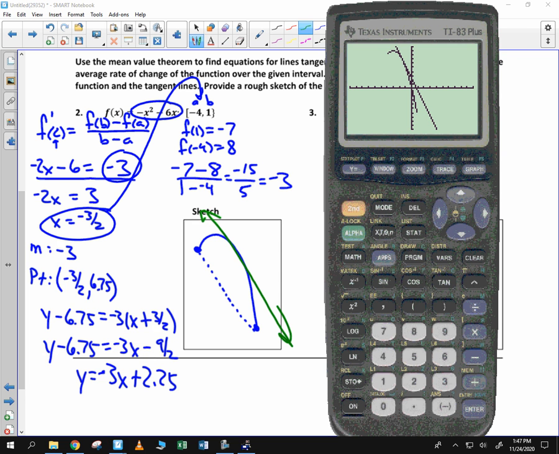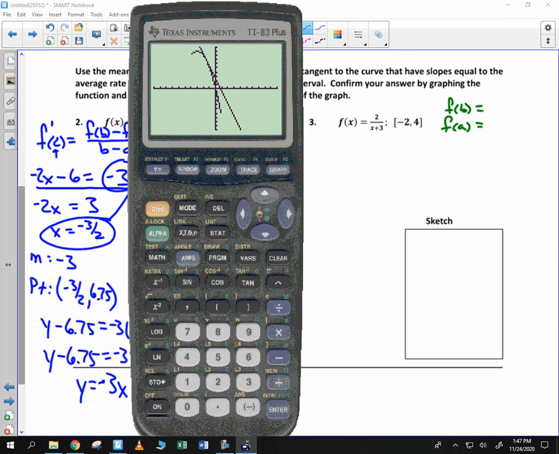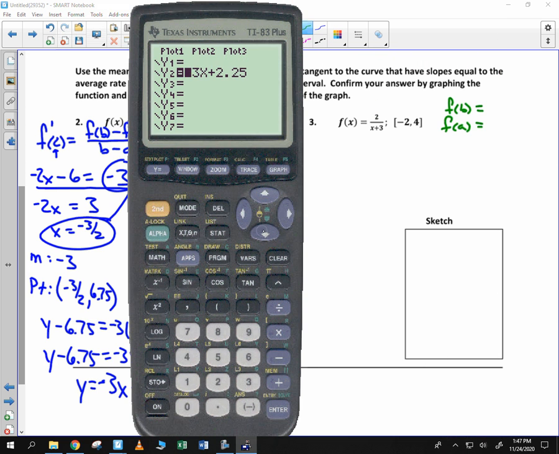Okay? So let's try the next one here. First, notice that this function is discontinuous at x equals -3, and that does not fall in the interval. So we're okay to use the mean value theorem here. If the interval instead of -2 said -5 to 4, we would say the mean value theorem does not apply. So let's do f of b and f of a. So I go ahead to my calculator. In y equals, we'll get rid of these pieces here, and we'll do 2 divided by parentheses x plus 3.